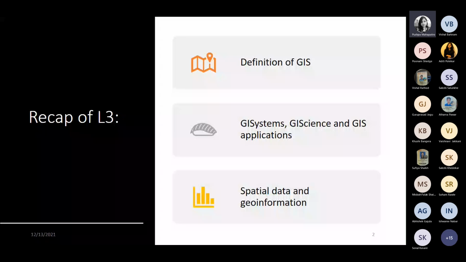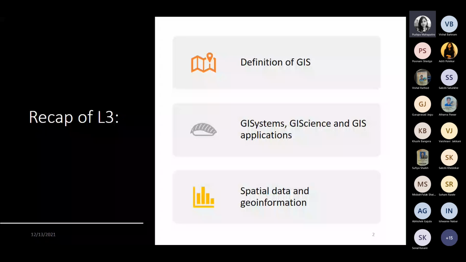Completeness means the data should be complete. Whatever data is being provided, it should have all the information. If some information is there and some information is not there, then we cannot do any kind of analysis. We cannot use it in our applications. So these are some of the parameters.